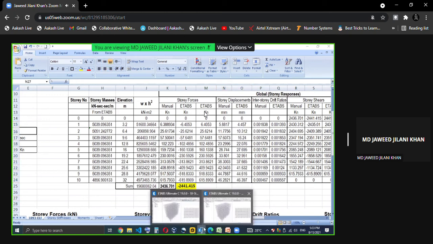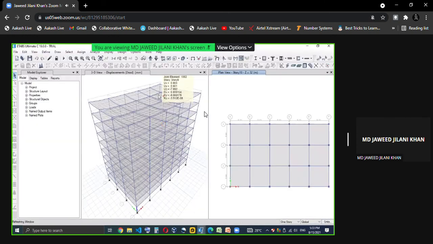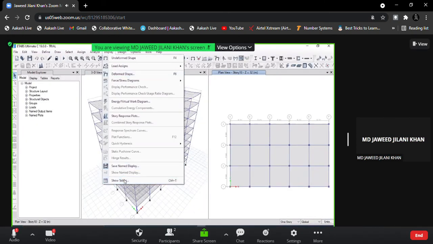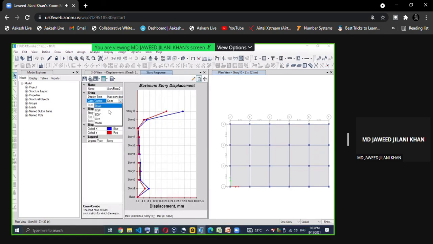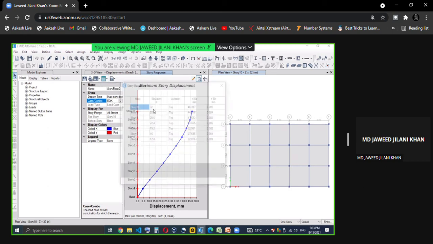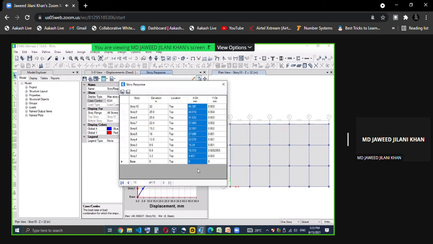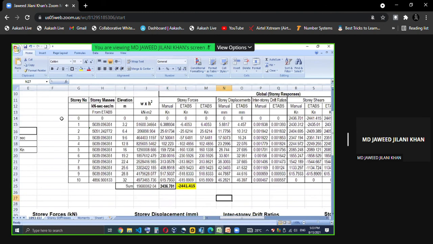So I'll go to ETABS to see how to get the displacement. You can go here, response spectrum plot, maximum story displacement under UX. So this is how you have it. Maximum is 46.39. You can select here, formatted, see 46.39, and Control C. I'm placing it here. You can see the topmost is 46.397. Here it is in reverse order, because this is from topmost to bottom and that is bottom to top. So in my Excel sheet, these are comparable again.